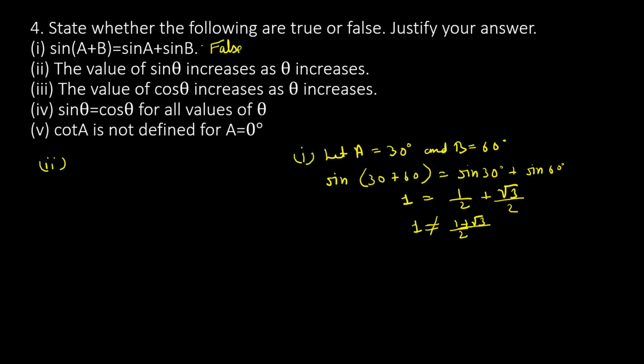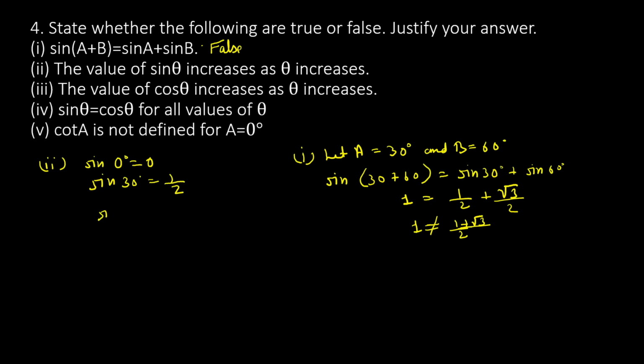To do this, we will take an example. Sine 0 degree equal to 0. Sine 30 degree equal to 1 by 2,